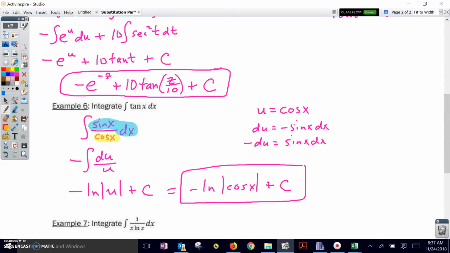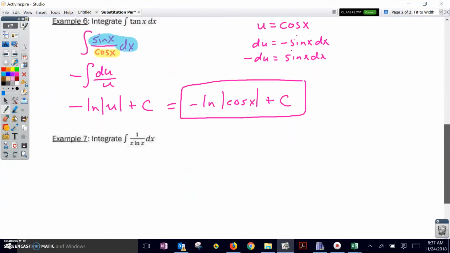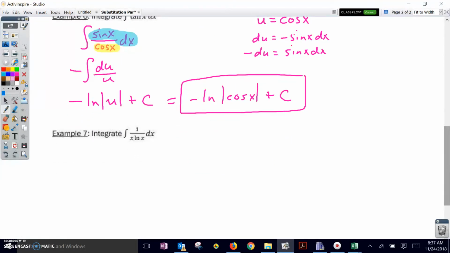Alright, and our last example for this particular lesson, we're going to integrate 1 over x natural log of x dx. Now, a lot of times we would just substitute the entire denominator. If we substitute the entire denominator here, though, we find out very quickly that that's a bad choice. Let me show you what happens in that case,